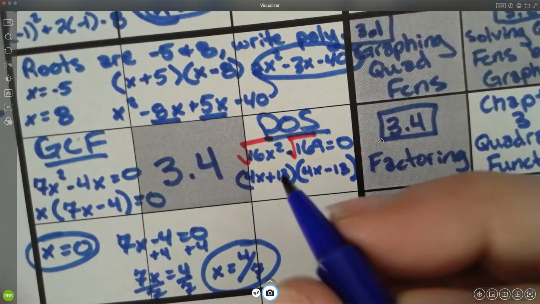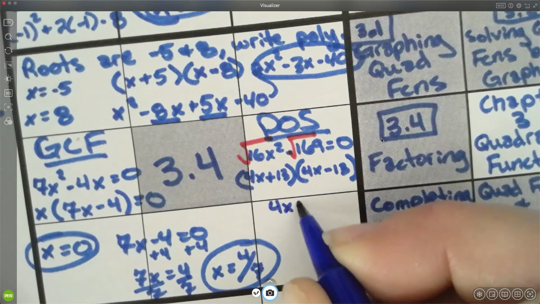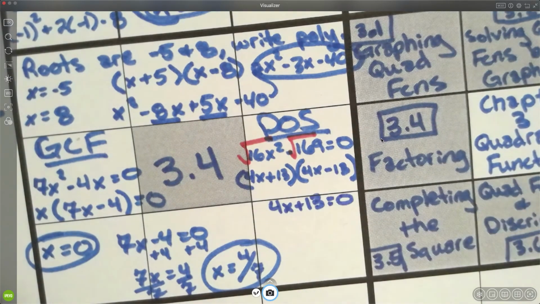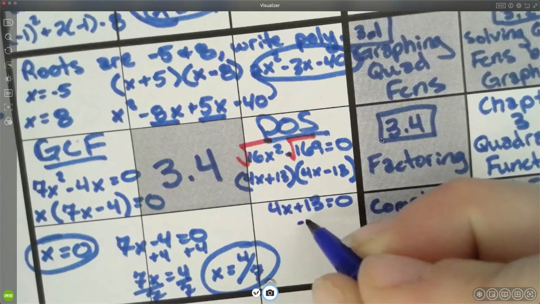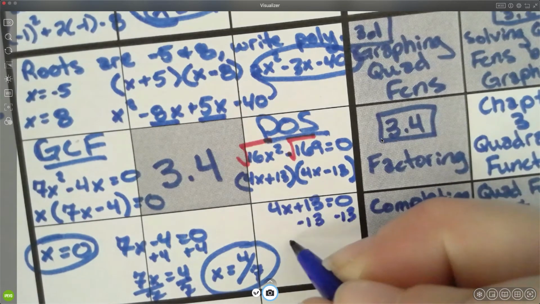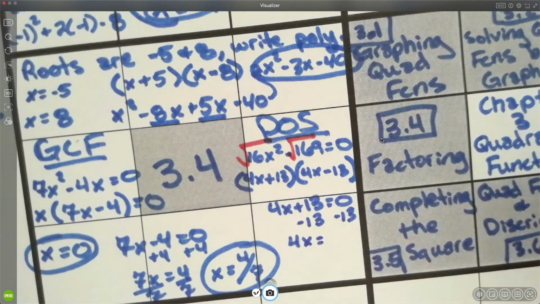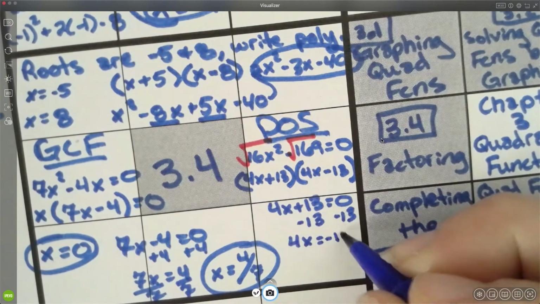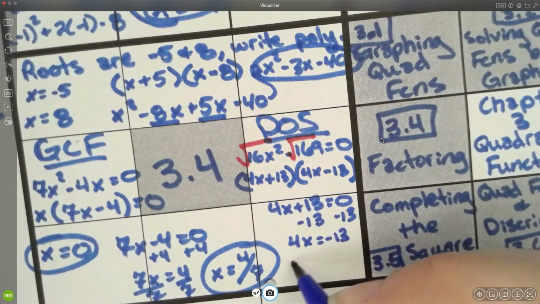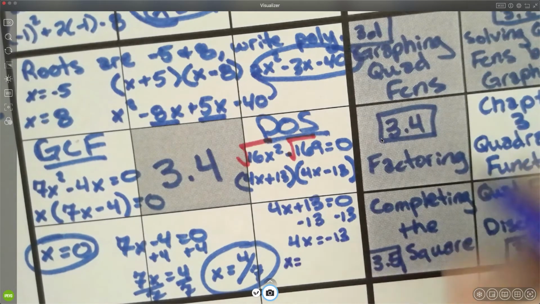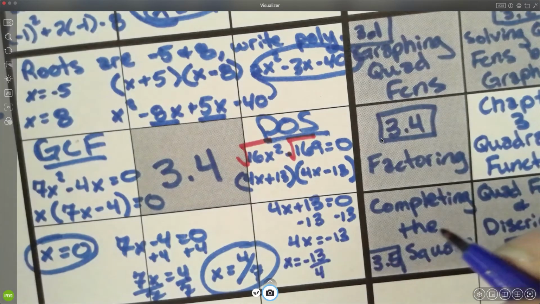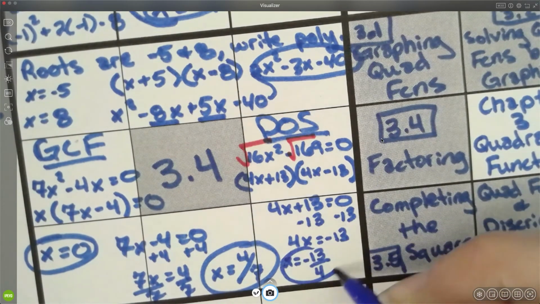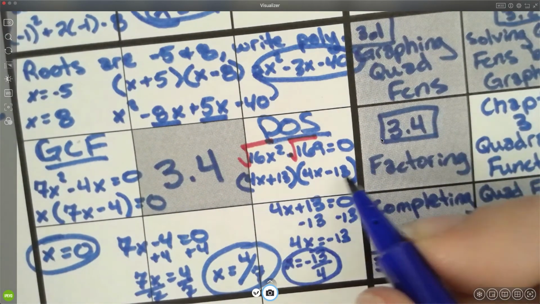So, 4x plus 13 equals 0. All right, and then I subtract the 13. So it's 4x equals negative 13. And x equals negative 13 over 4. Okay, now if I set the other one equal to 0, if I set 4x minus 13 equal